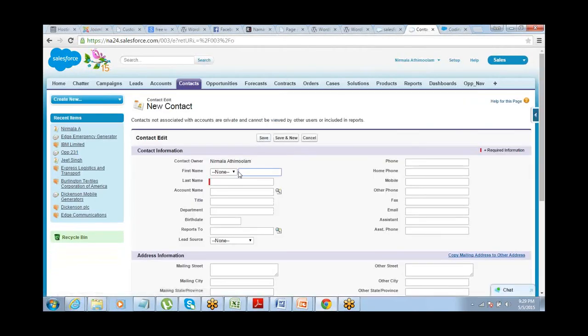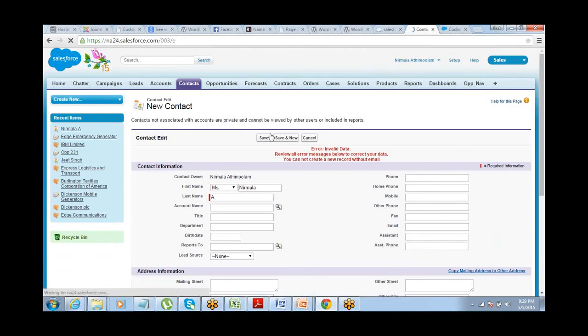If you're inserting something, no email, okay. You cannot create a new record without email.